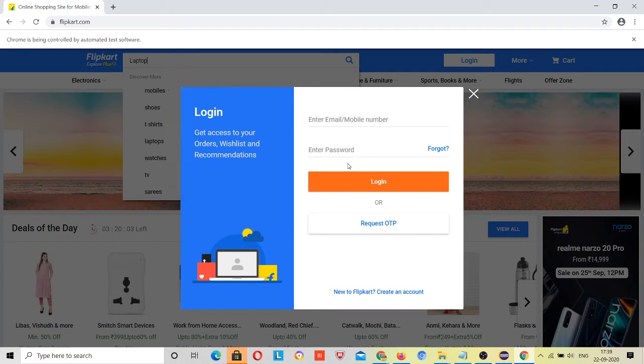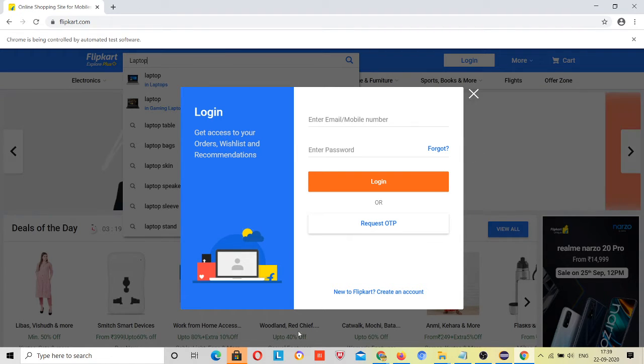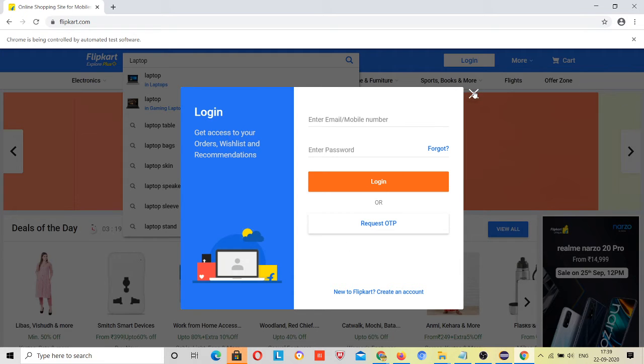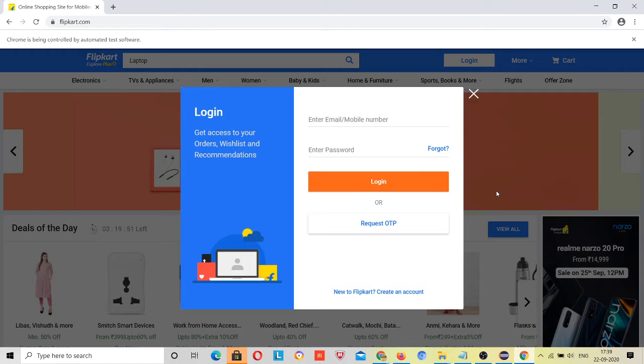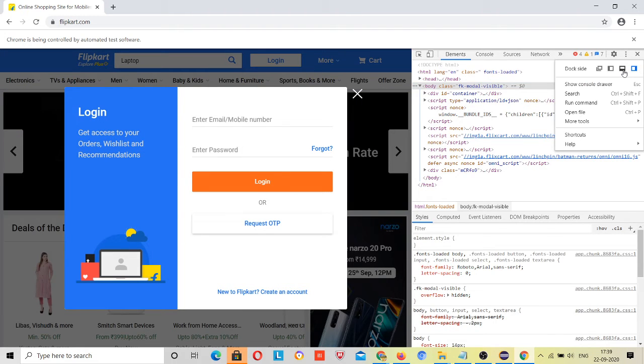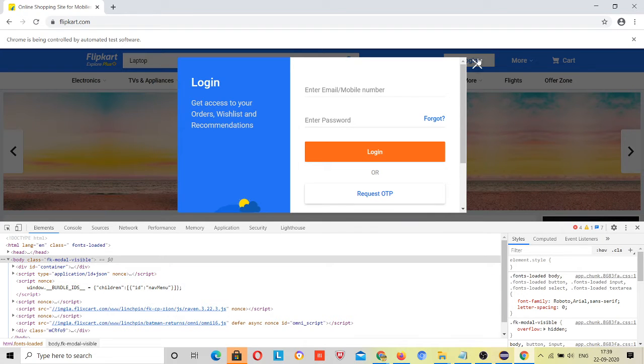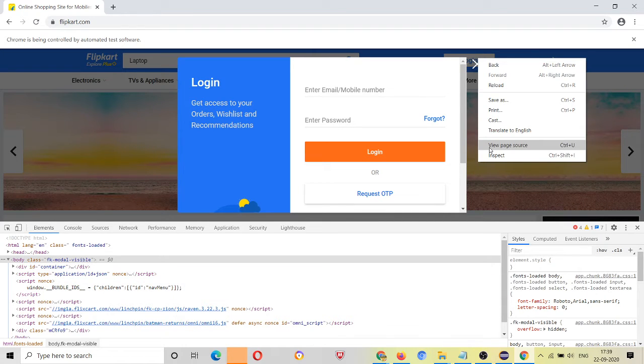Okay, actually this pop-up we have not handled, might be getting an error. Let me handle this pop-up also. Once we jump to this website, then this pop-up comes. Let me handle this first. Inspect, and see what will be the XPath for this.